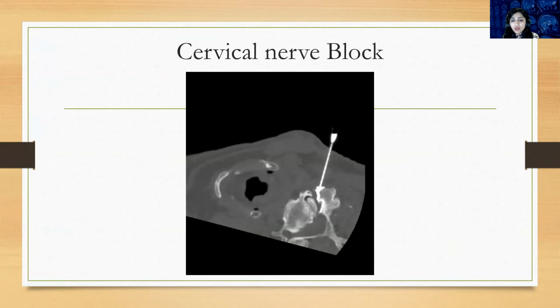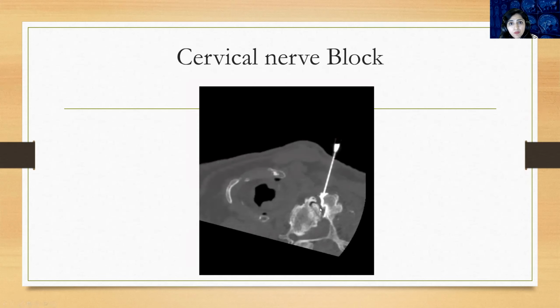So this is cervical nerve block injection. For nerve block injection, we usually give CT contrast to be sure that we are in the neural foramina. So this is the injection, the needle going into the neural foramina, and this is the CT contrast. We give CT contrast to confirm our position and to confirm that we are not going into the vertebral artery. That's the most difficult part of the cervical spine nerve root injection, because the vertebral artery is very nearby. It is present here, and you are injecting here. So we give contrast, and the contrast is going into the neural foramina. We are sure that we are at the right position, and then we inject.